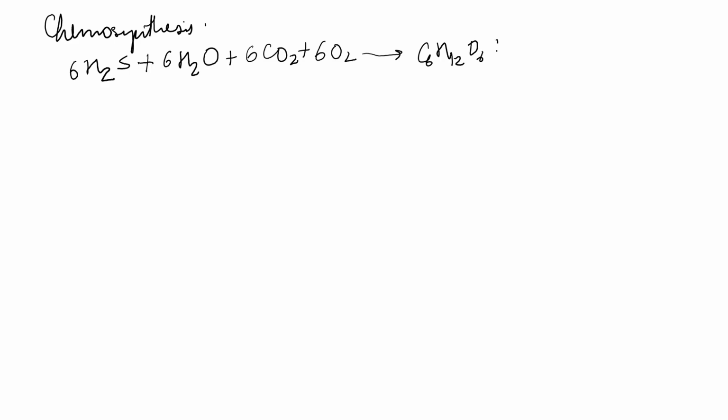The general reaction for chemosynthesis is 6H2S, hydrogen sulfide, plus 6CO2 plus 6O2, which gives C6H12O6 plus H2SO4. If we see this reaction, first of all, you should know that chemosynthesis cannot be done by phytoplankton,